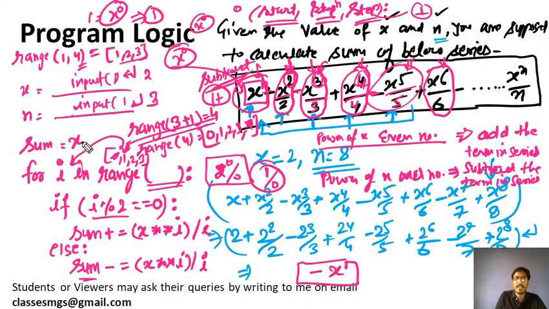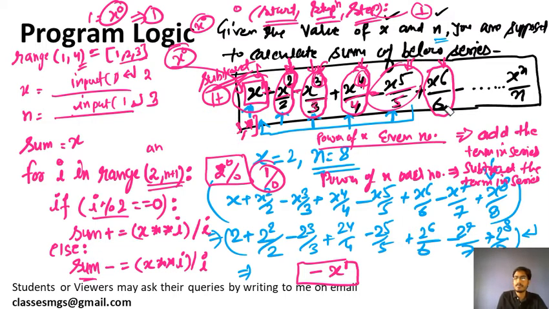So I am going to write the x here, and then I will start our for loop from 2 onwards, 2 to n plus 1. Now this program will work fine. Now let me show you how it will work. Let's suppose the user has inputted x value 2 and n value 3, then sum will become initially 2, because sum equals x is written.